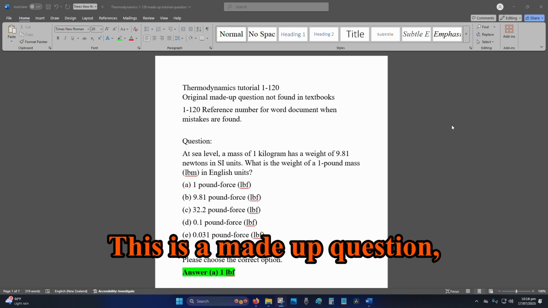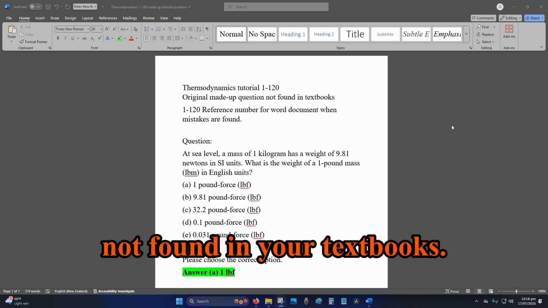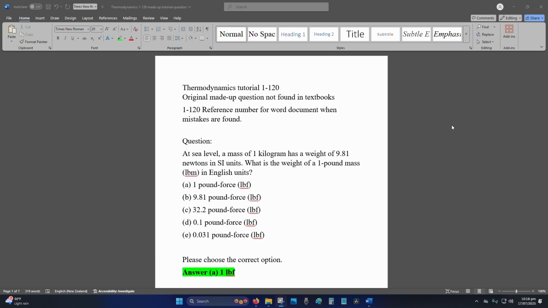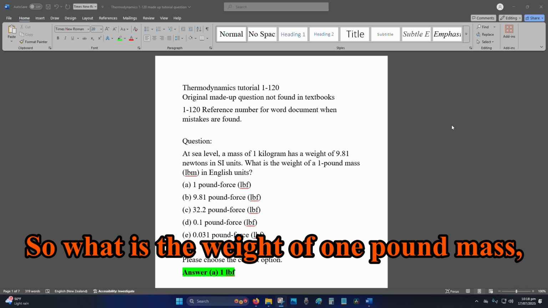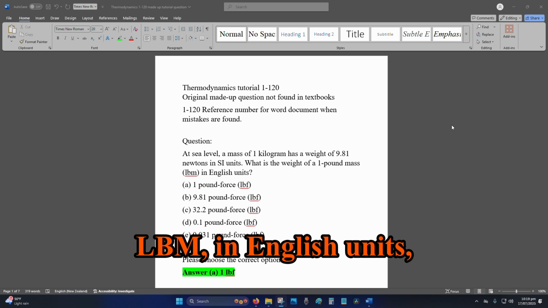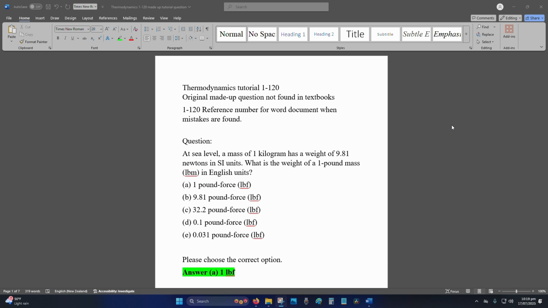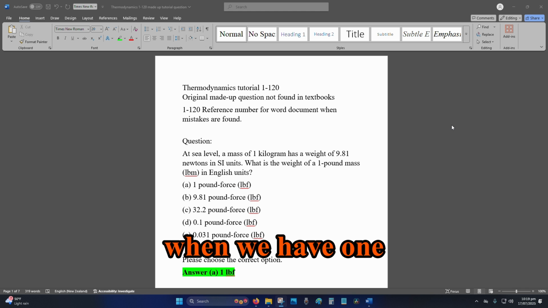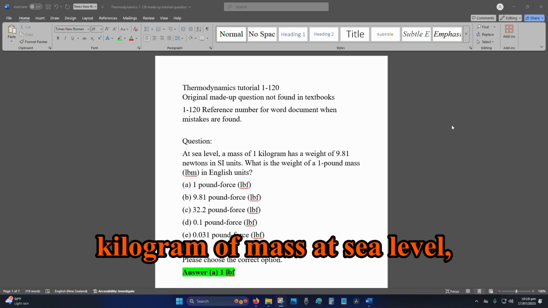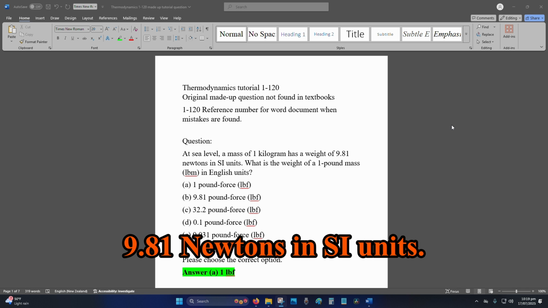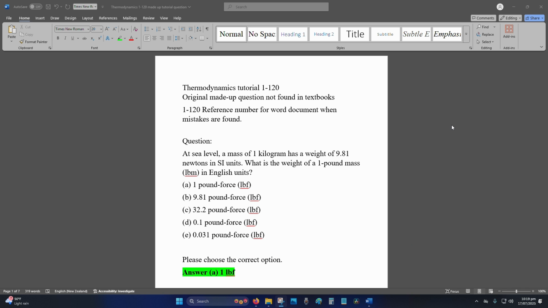This is a made-up question, not found in your textbooks. So what is the weight of 1 pound mass, lbm, in English units when we have 1 kilogram of mass at sea level and the weight is 9.81 newtons in SI units? So from the multi-choice,